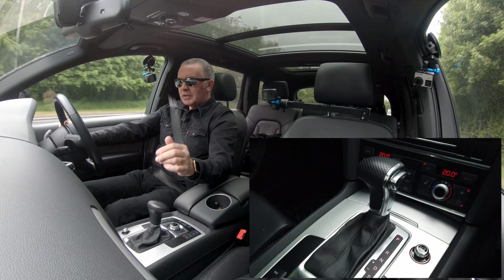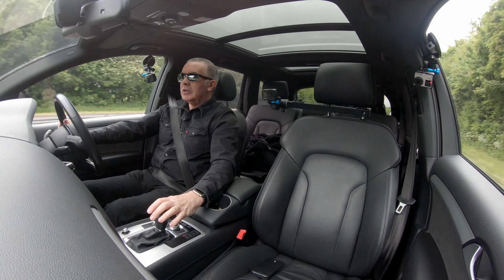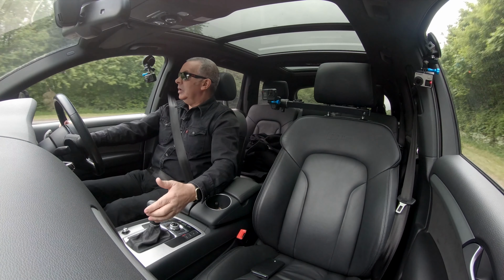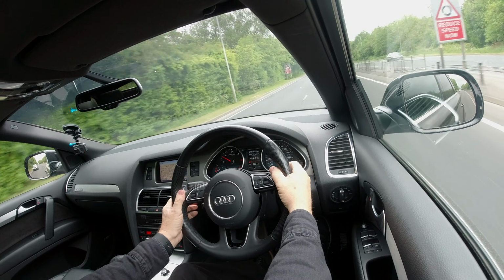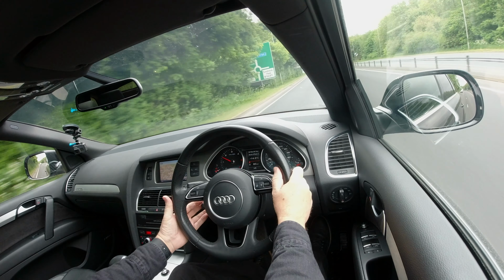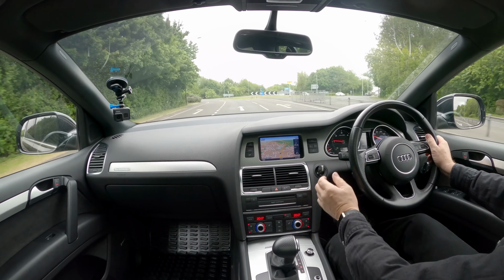There we go. So you can knock it across like so, the gear selector, and change up and down using the selector. Or you've got the paddle shift here, down and up. Here we've got cruise control, and I'll try and remember to show you that. Heated seats,